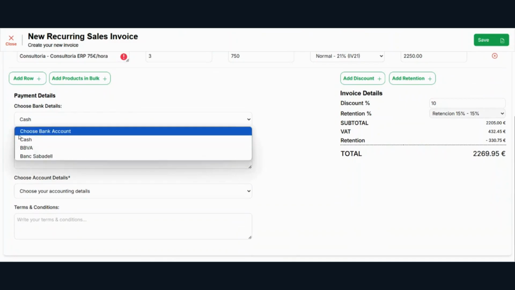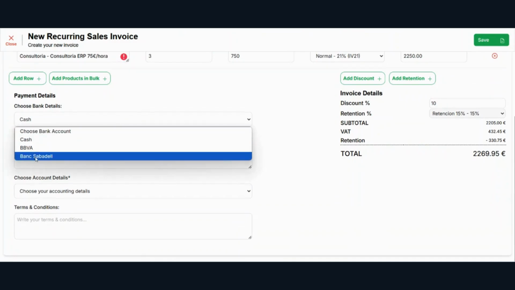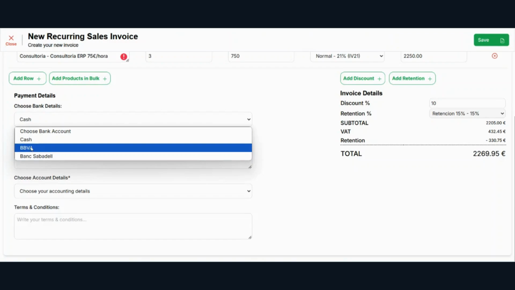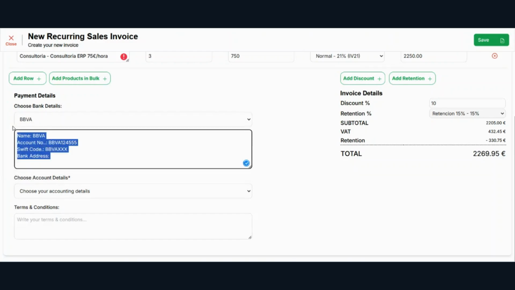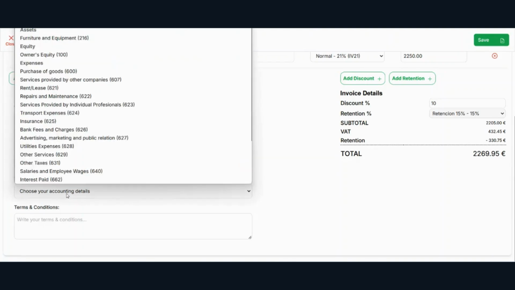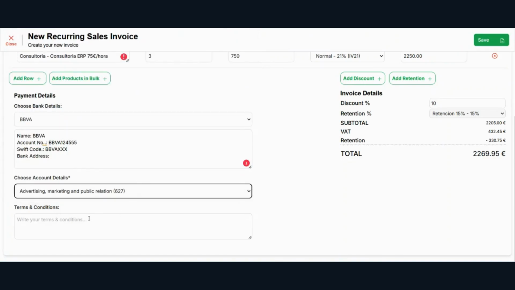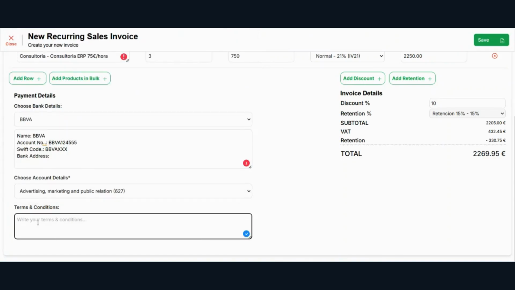And here is the payment description, which bank account you want for this recurring sales invoice. Here you can see the details of this bank, and now you have to choose the accounting detail. Now you have to add the terms and conditions. These are the simple steps you have to follow to fill the page.